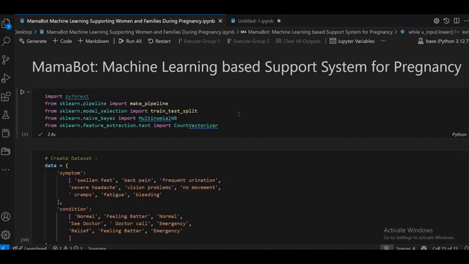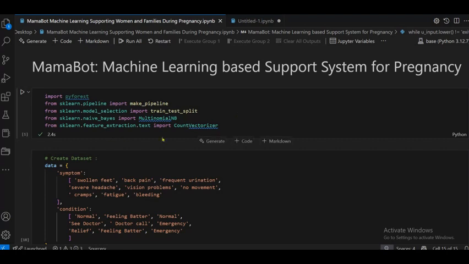So multinomial naive Bayes is used for classification with discrete features. It works from the word count for text classification.